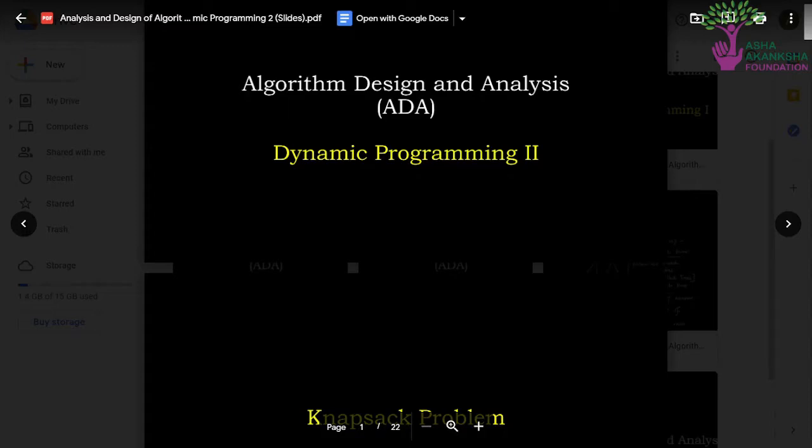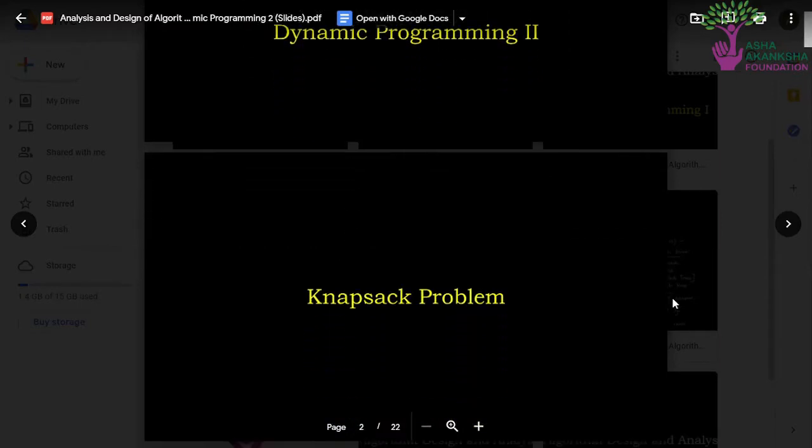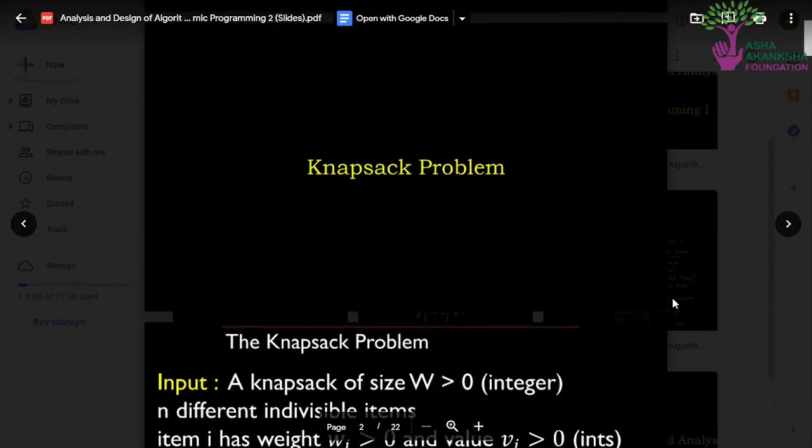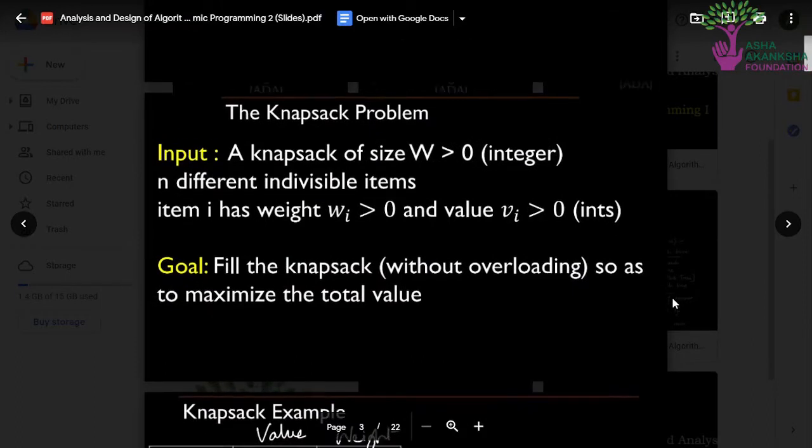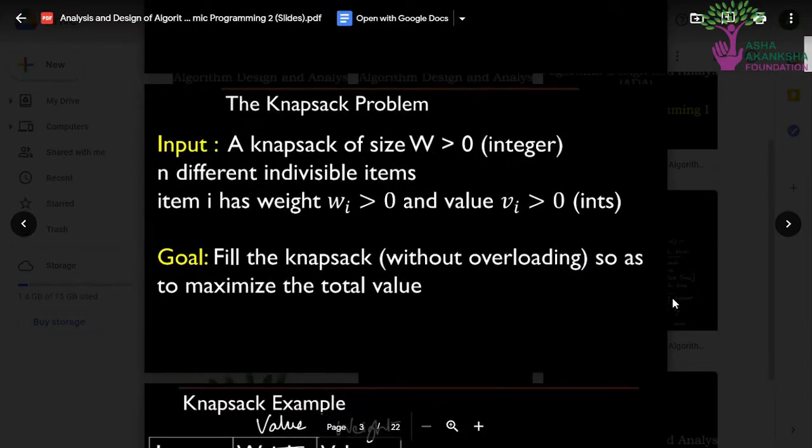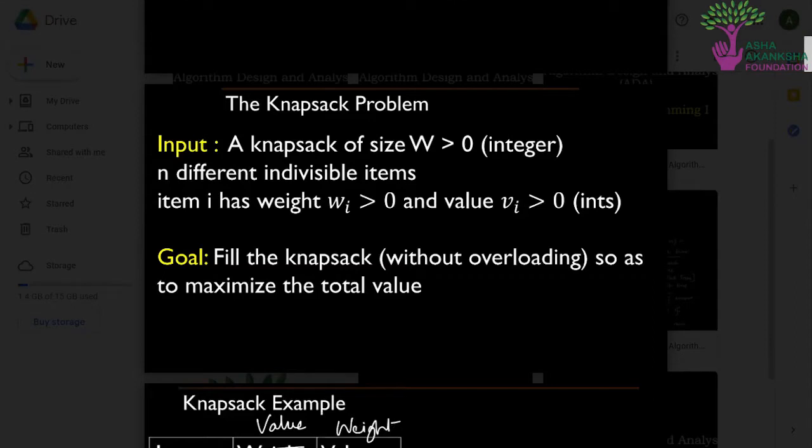So let's get started. So what is the knapsack problem? In a knapsack problem, we are given n items, n number of items. Each item has a weight wi, ith item has a weight wi, and it has a value vi.